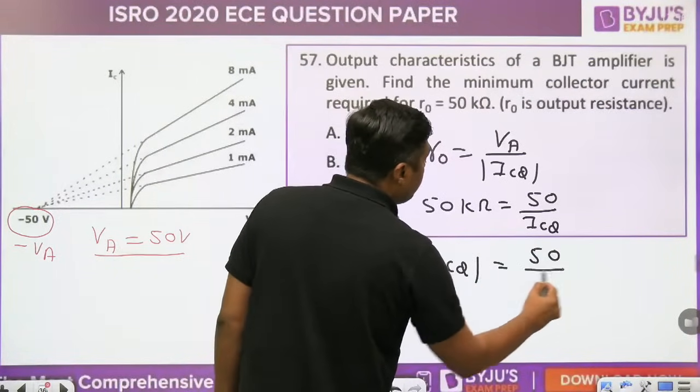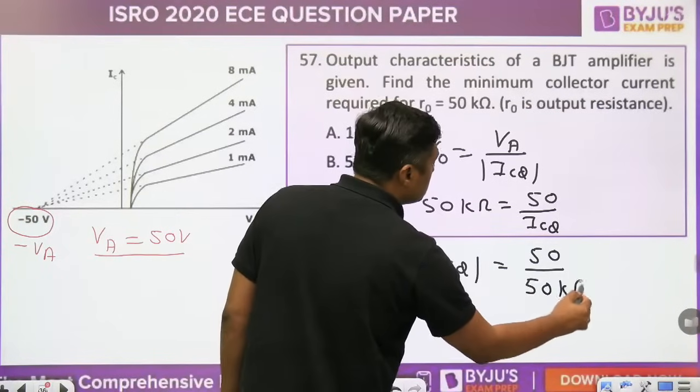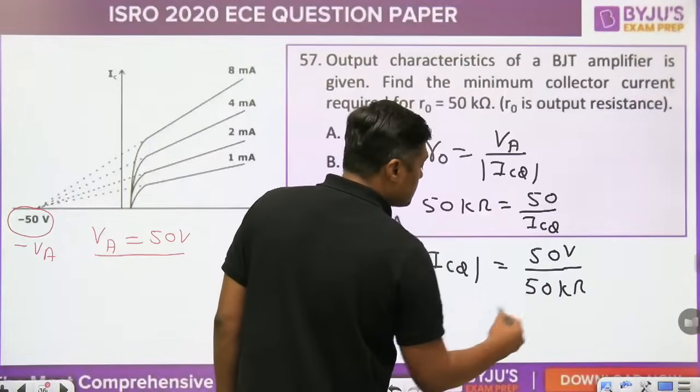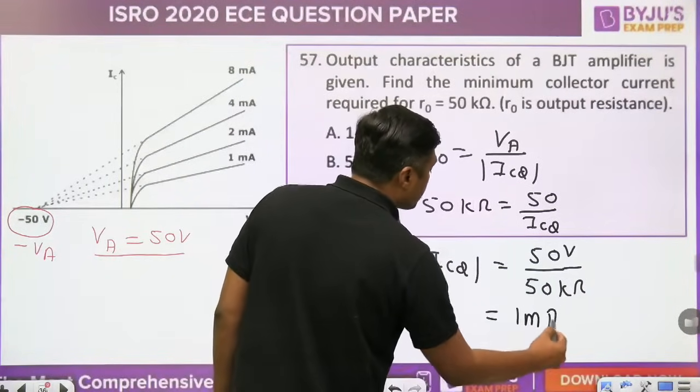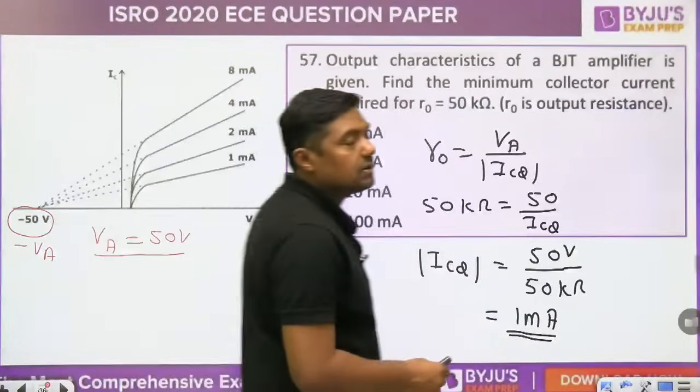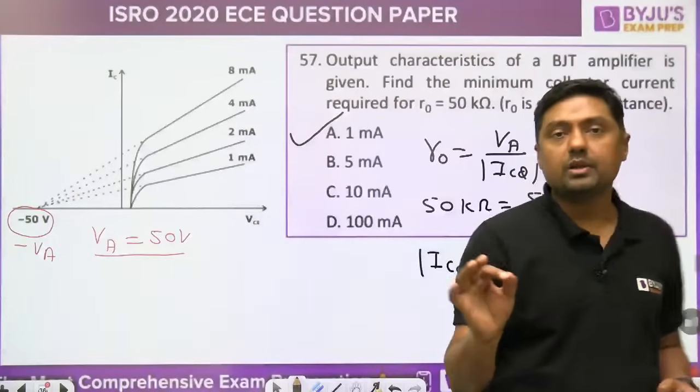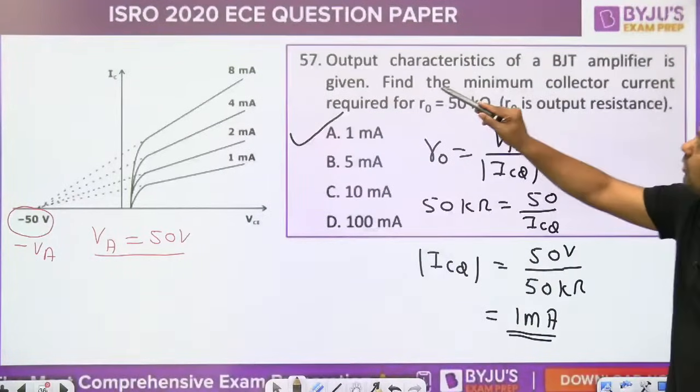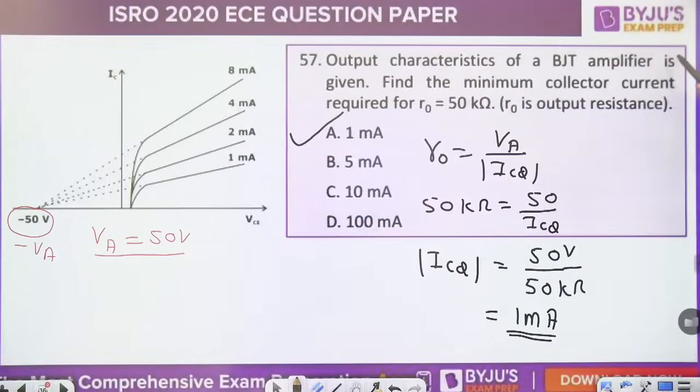What is the ICQ? 50 volt divided by 50 kilo ohm, so this is 1 milliampere. 1 milliampere directly. Direct formula based question. 1 milliampere is the answer for the output characteristics of a BJT amplifier. That is the question based on early effect. Then